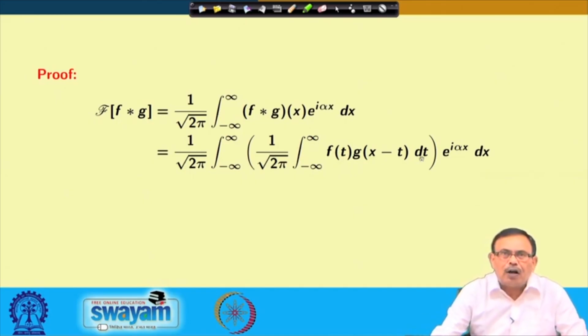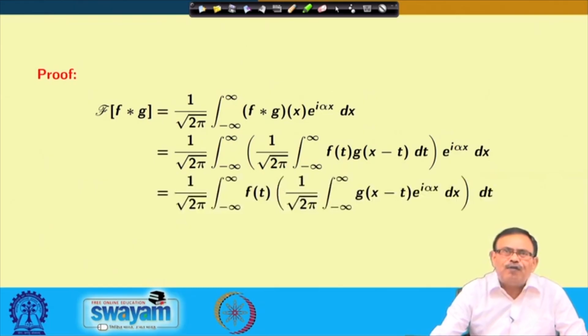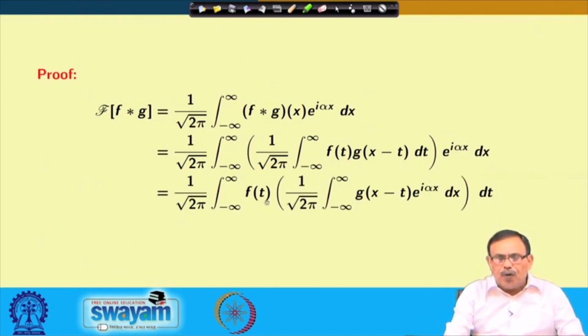Now, change the order of the integration without changing the value of the integral, so that x will come first. So, I can write f t will go outside, f t into 1 by root 2 pi minus infinity to infinity g of x minus t into e power I alpha x dx dt,